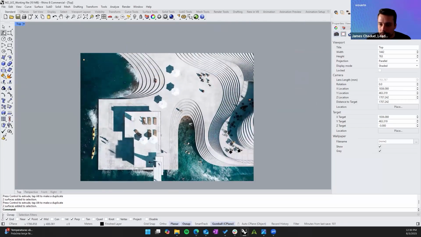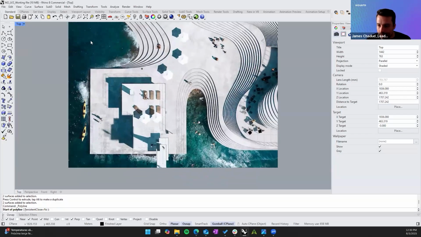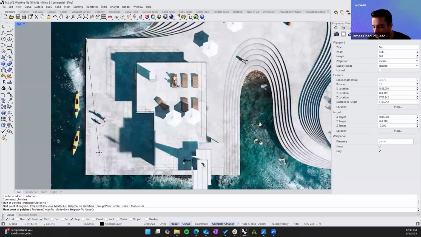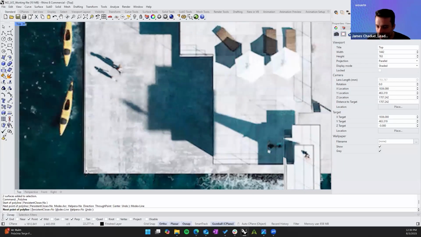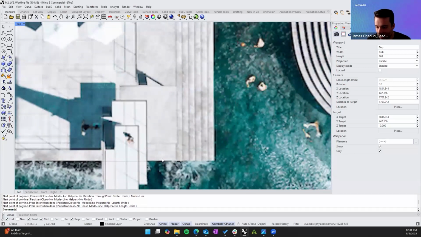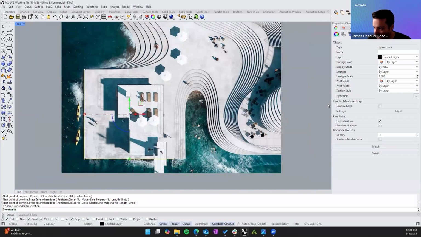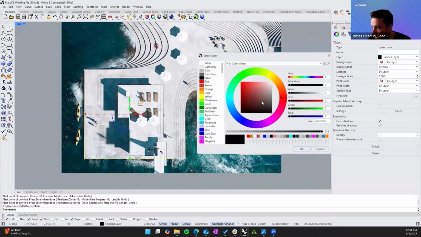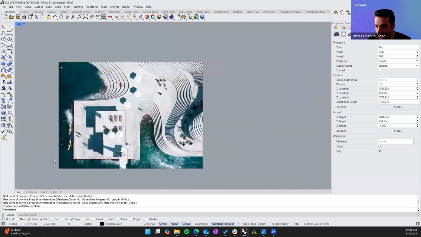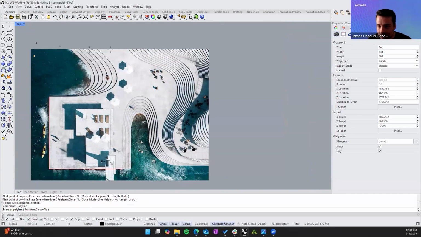For straight lines, I go for polyline, and let's change my mode to line. For the straight ones, I'm going to use my ortho. So I go straight and until here. Just to make it more visible, I'm going to change the color to red so we can actually see the curve on this image. And then another top curve is